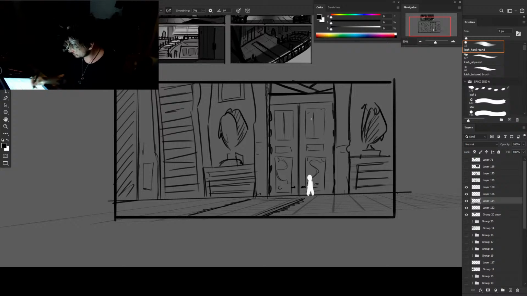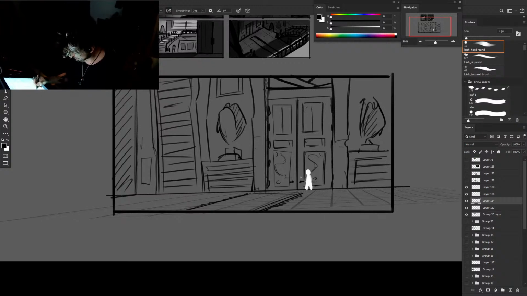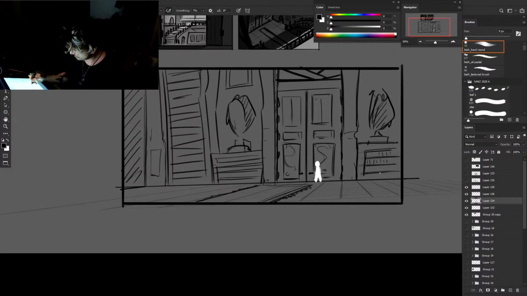There we go, something more focused on the door. Okay, I think I got a good idea of what is in this environment and what it kind of looks like. I don't have an amazing idea, but